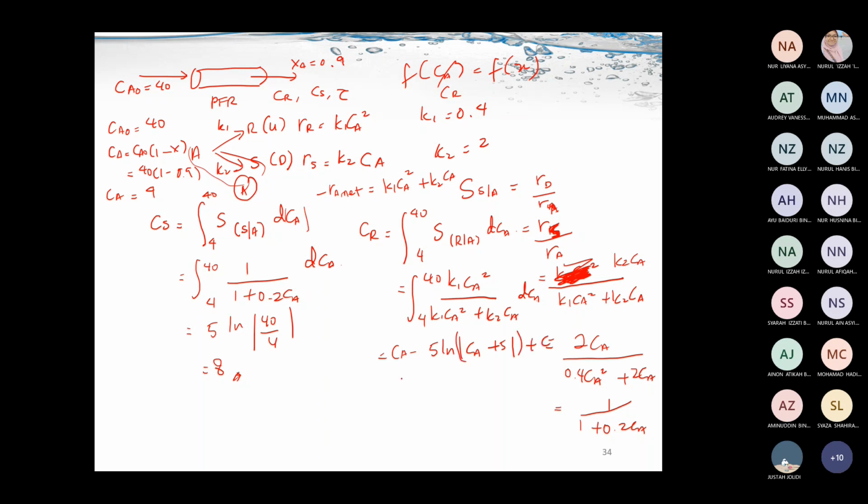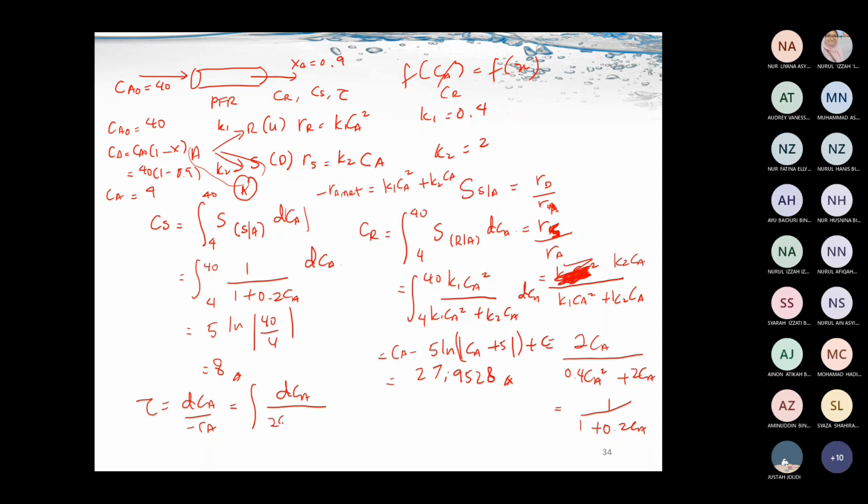Okay, so this is the answer. So masukkan balik, jawapan dah 27.9528. Okay, so this is the answer. Alright. And for tau is equals to dCA over negative RA. Okay, semua ni yang you belajar dekat topik nombor 4. Alright. So integral dCA, okay, so dCA still remain atas. RA ambil baliklah RA net dia, which is this one. Okay, so equals to